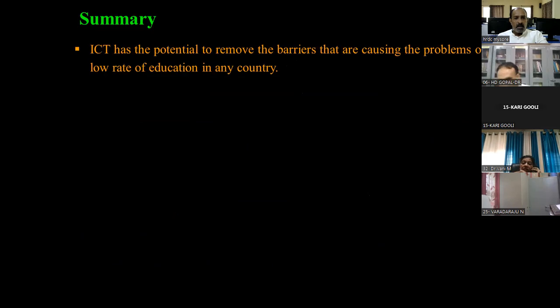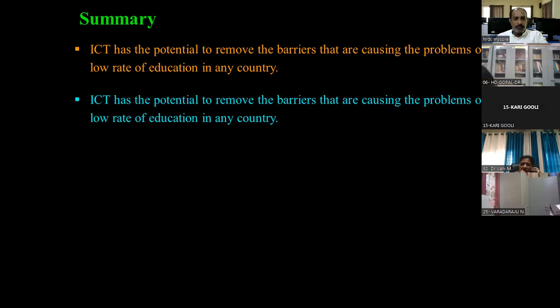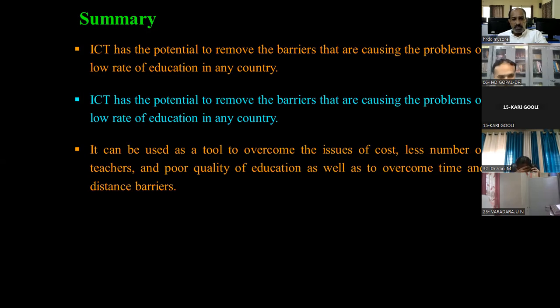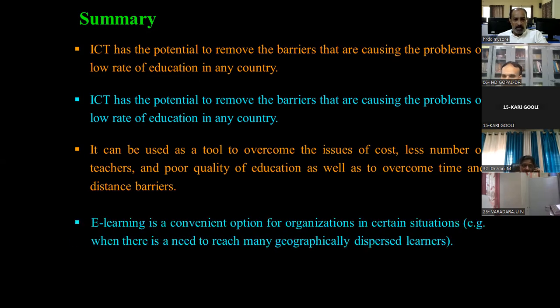And then ICT has the potential to remove the barriers that are causing the problems of low rate of education in any country. It can be used as a tool to overcome the issues of cost, less number of teachers, and the poor quality of education, as well as time and distance barriers. E-learning is a convenient option for organizations in certain situations. Example,